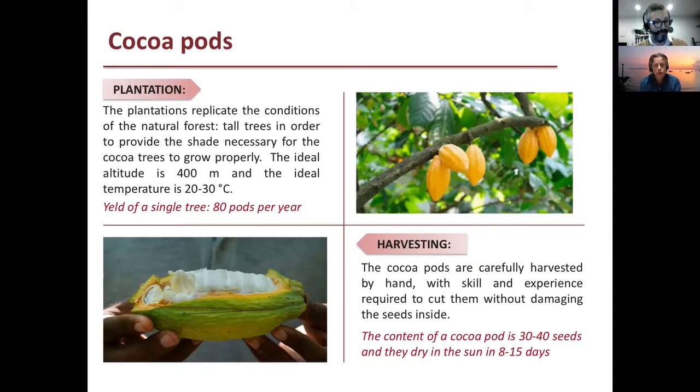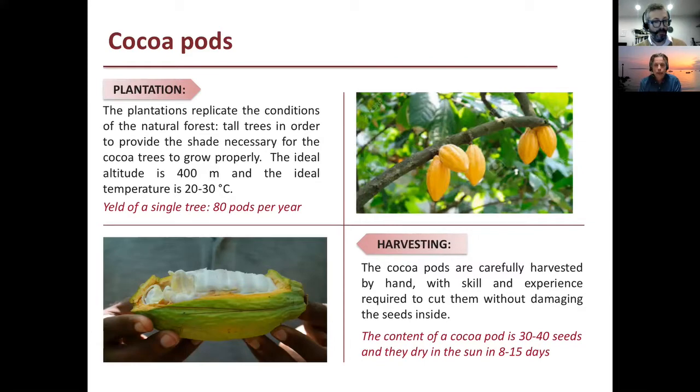So I was saying, you harvest the cocoa pods carefully. In the bottom left, you'll see a pod that's been cut open. The beans are in the middle, the white, and surround them is a pulp, sort of mucilaginous pulp. And various things happen to this pulp. In some parts of the world, they actually ferment it and turn it into wine. Nestle have just got a patent on actually fermenting the pulp and turning it into sugar. So then the whole of the cocoa bean will be used in the manufacture of chocolate, which is a very clever idea.